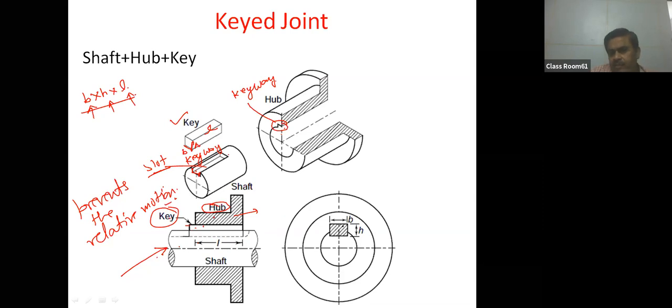So it is the side view. In the side view, this is the width, this is the height. So this circle,